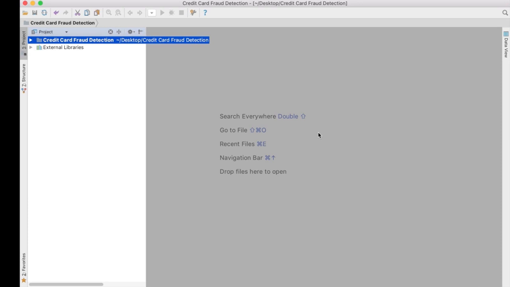So the rough order in which we're going to do things will be as follows. I will start off just giving a brief overview of the project as a whole, but basically we'll be first of all exploring the dataset that we're going to be working with. This is actually a pre-compiled dataset, as it's difficult to get our hands on a bunch of fraudulent versus legitimate credit card transactions, and this dataset's already nicely compiled and converted into a numerical format which we can feed into our model. As well, it has corresponding legit versus fraud outputs. Once we're comfortable with the dataset itself, we'll work on manipulating it a bit and we'll do so in such a way that it will be easy to feed into our model